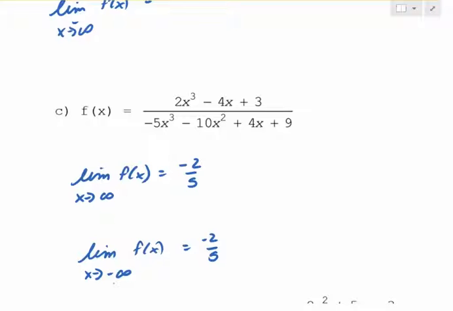Basically, you can think about it like this. For huge numbers, since these don't matter, you can ignore them. If I just gave you 2x cubed over -5x cubed, what cancels? The x cubes. What's the only thing left? 2 over -5. Now in this case, this would be the one where you'd ask yourself, what is the sidedness